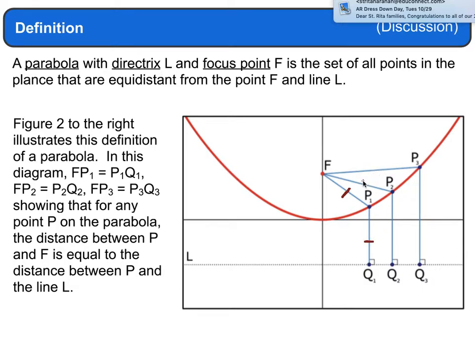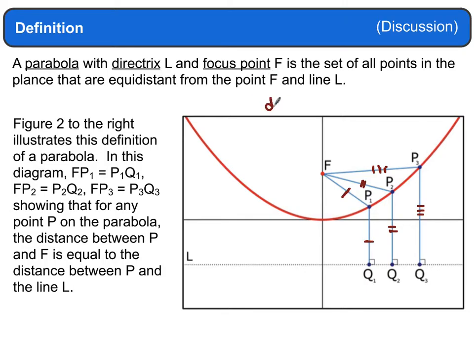And if I was to take a look at FP2, that one would be congruent to P2, Q2. And if I had this one out here, this one would be equal to this line here. And so this is just continuing to emphasize that level of congruence. We're emphasizing that because we're going to use that, like I said, coming up in a few minutes